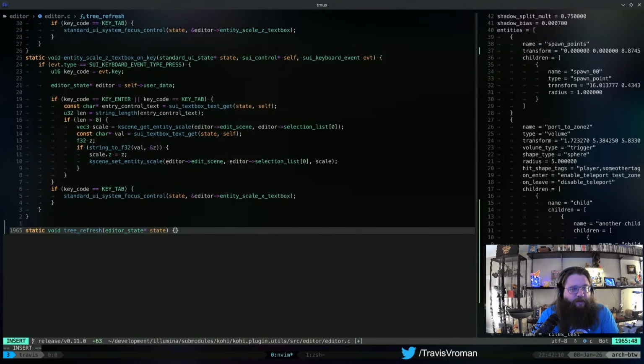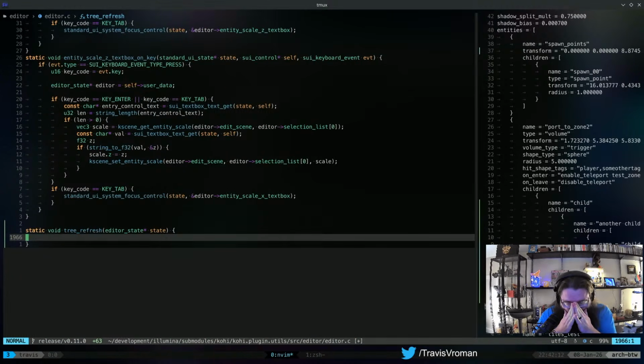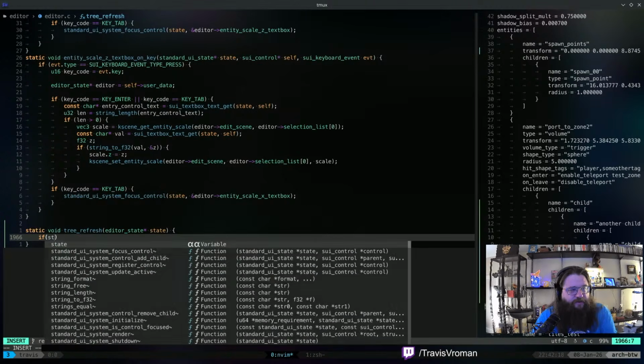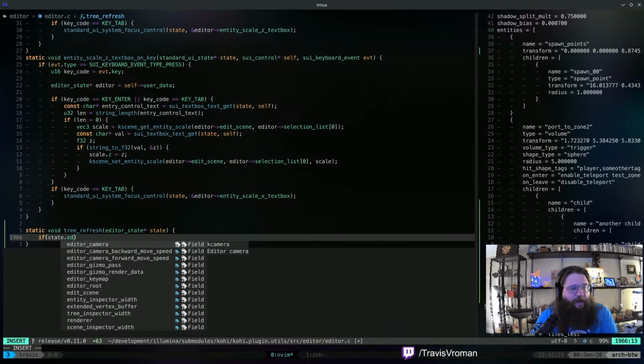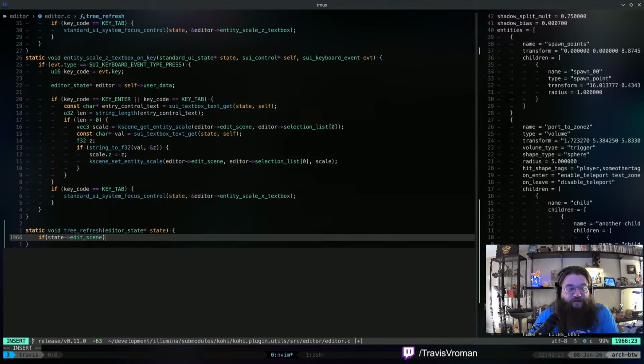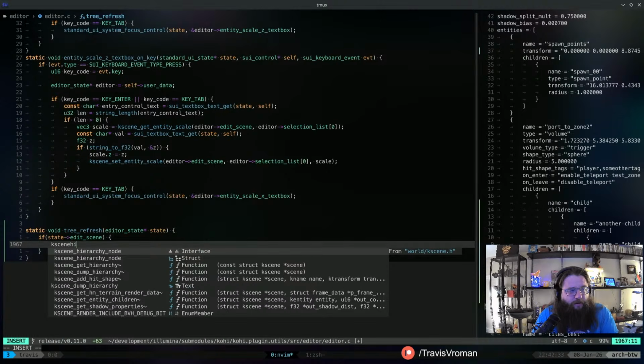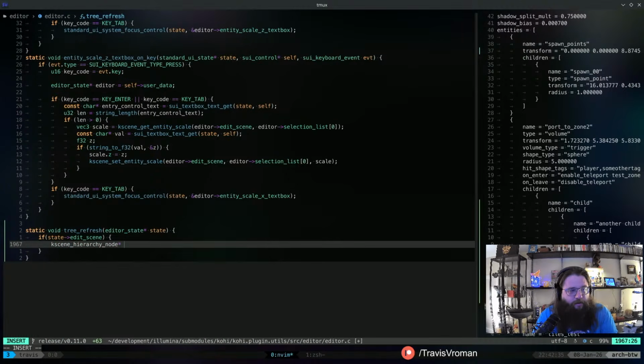All right, so the way that this is going to work is it's basically going to say if we have a scene, so state editor, edit scene rather, if that exists, then we're going to go ahead and get that hierarchy list. So k-scene hierarchy node nodes, right? is going to be equal to,